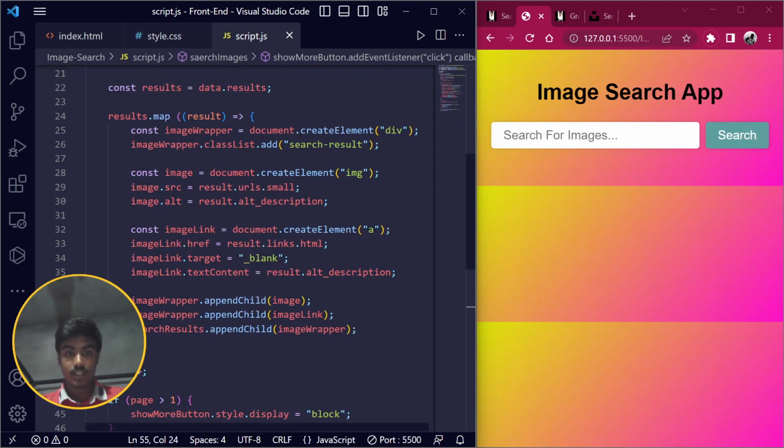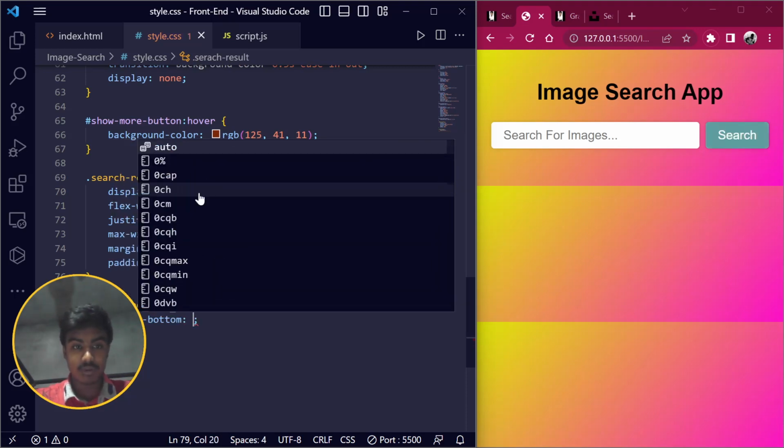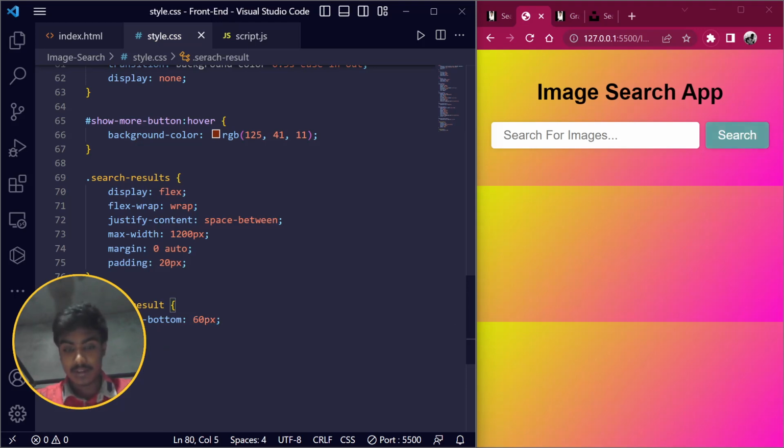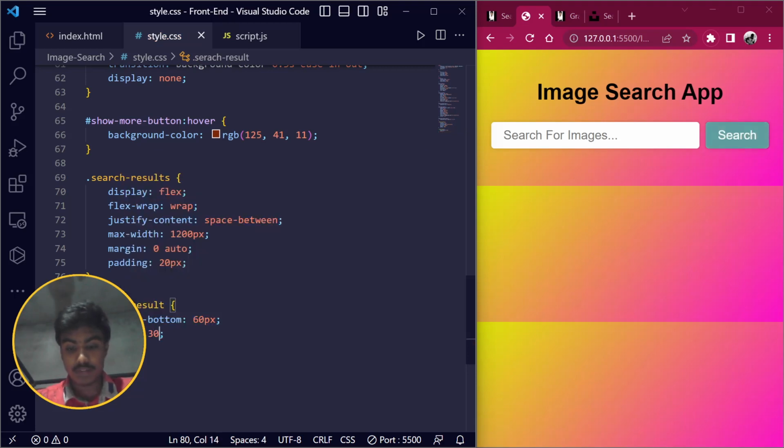So we are creating the search result as a class, so we have to simply select this search result as a class, and I want to give it a margin bottom. First I want to give it a margin bottom of 60 pixels, and I want its width to be 30%, because I want three images in one line. Okay,